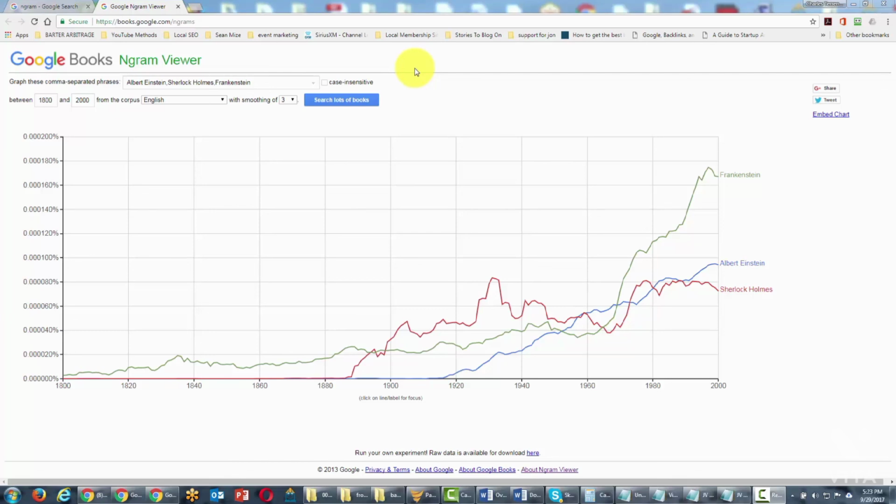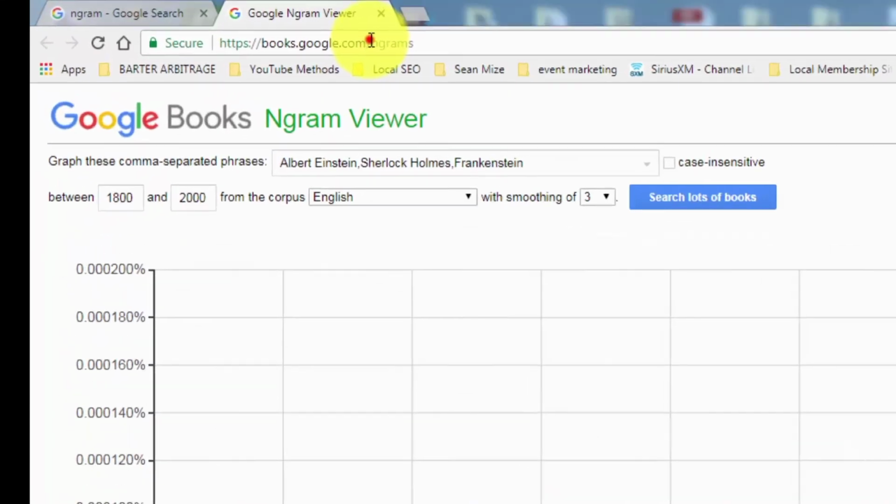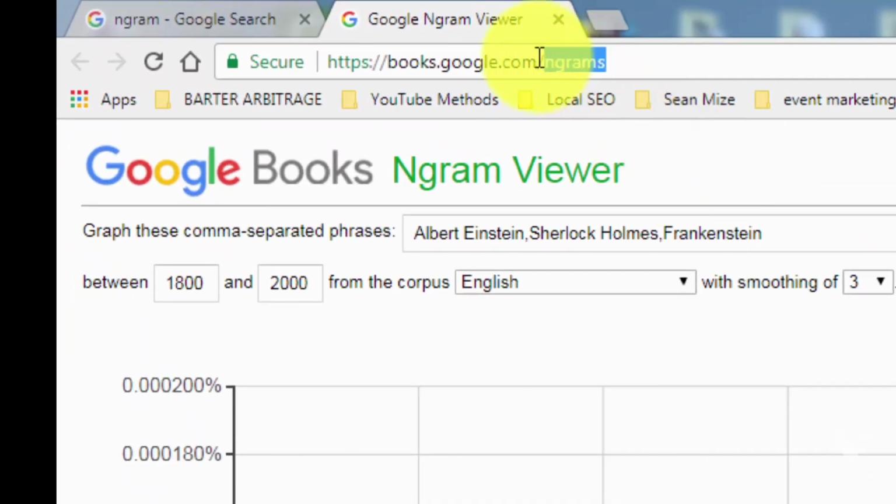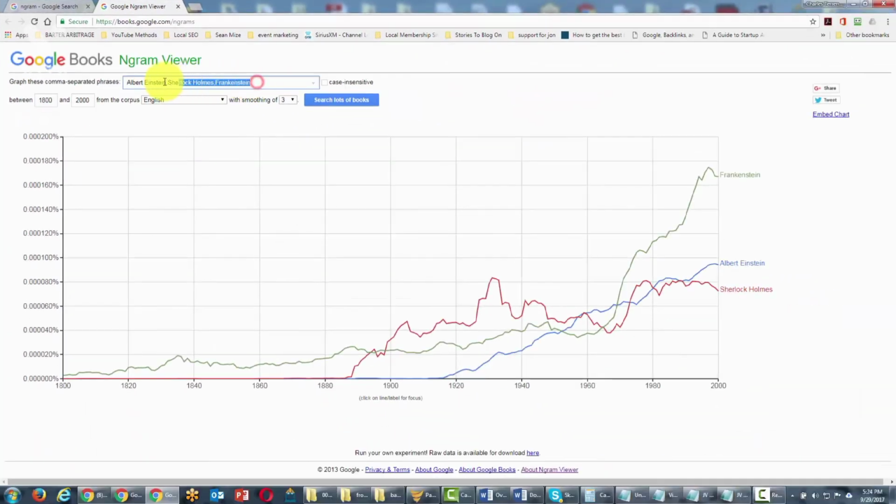Welcome back. You are now looking at Google Books Ngram Viewer. You can visit this site by books.google.com/ngrams. It's spelled a little weird. You'll have to type in the letter N, then Grams. And basically what Ngram Viewer does is it calculates the popularity of a term within books from the years